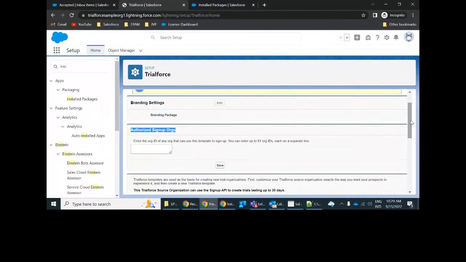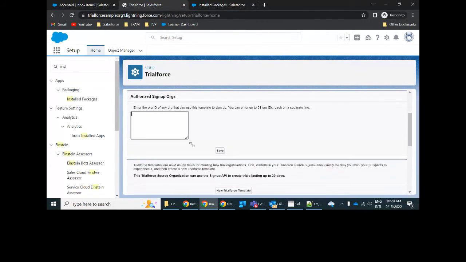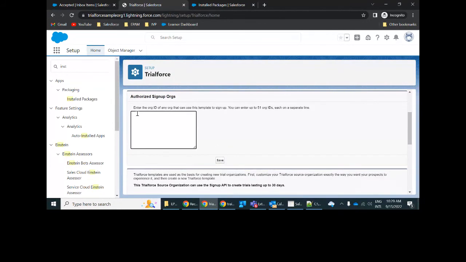Authorized sign up org is the one I was talking about, where if you check that option, your template will be a private template. Once you create a private template, you will specify the org ID. Basically you are authorizing an org to sign up for that template. If you do not specify any org here, nobody can utilize the template.